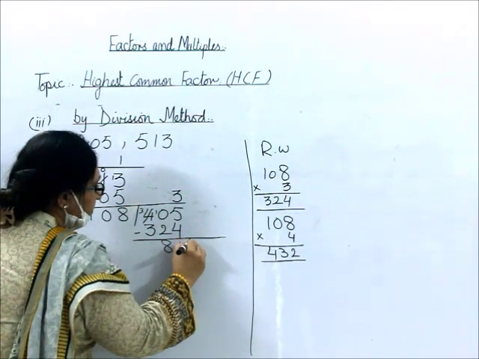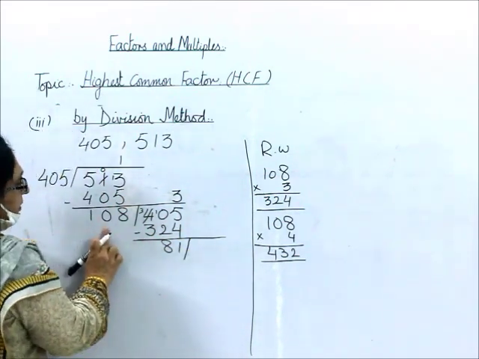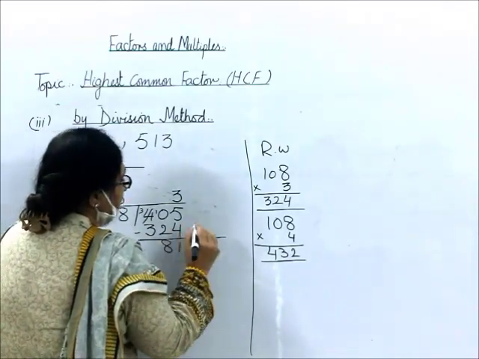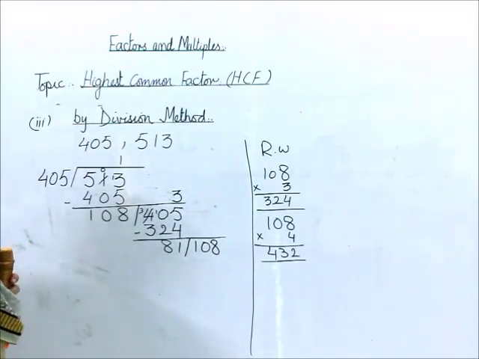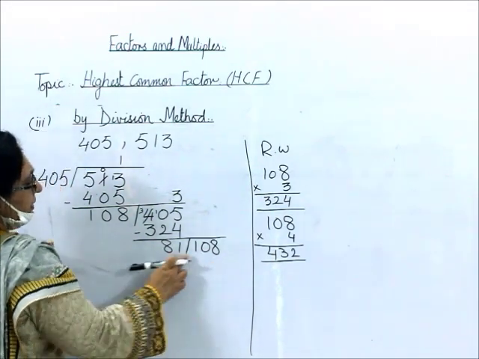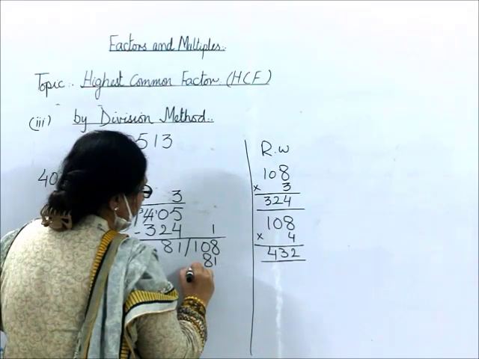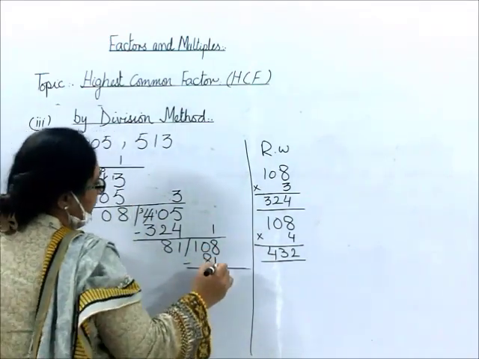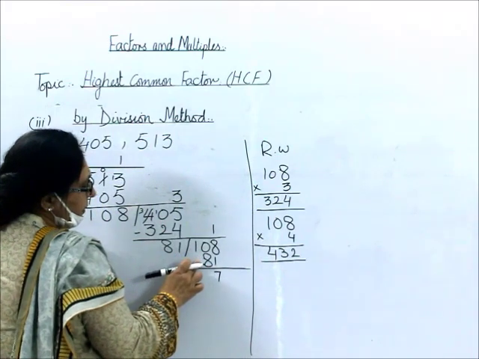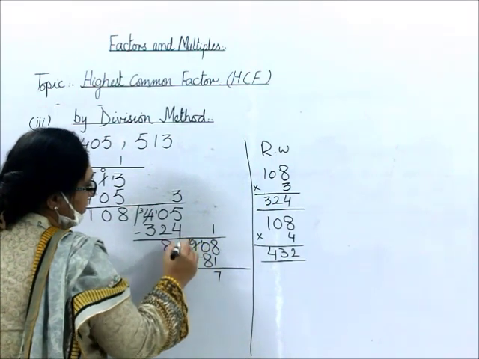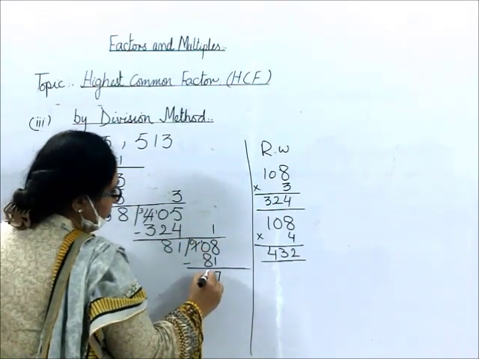Again we have to repeat the same process. We will bring the previous divisor in this house of division and now it will become the dividend. Now we have to guess how many 81s are there. Let's read the table of 8. 8 ones are 8 and 8 twos are 16. So our answer will be bigger if we multiply 81 by 2. So it will be 81, 1 times 81. Again subtract. 8 minus 1 is 7. Not possible to subtract 8 from 0. We will borrow 1 from here, make it 10. 0 is left over here. 10 minus 8 is 2.